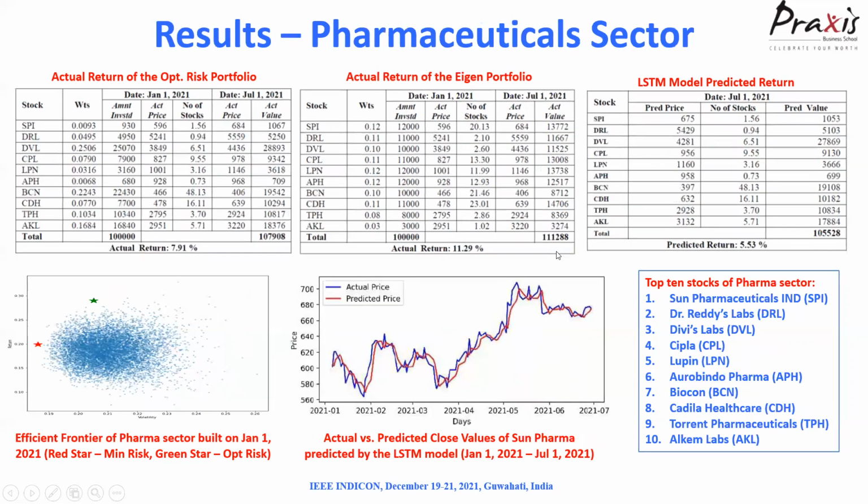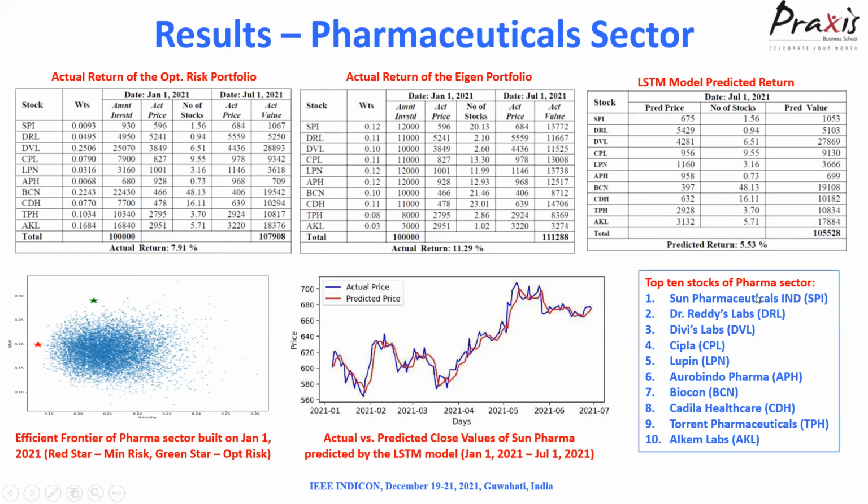Then pharmaceutical sector, these are the top 10 companies here: Sun Pharmaceuticals, Dr. Reddy's Lab, Divi's Lab, Cipla, Lupin, and so on. And you have got an optimum risk portfolio returning 7.91%, eigen returning 11.29%, and LSTM predicted return is 5.53% vis-a-vis 7.91%, pretty close. This is the efficient frontier, and this is the actual versus predicted plot for the price of